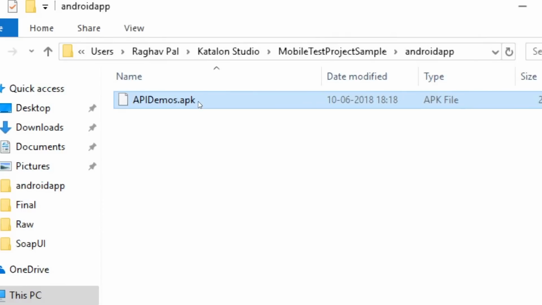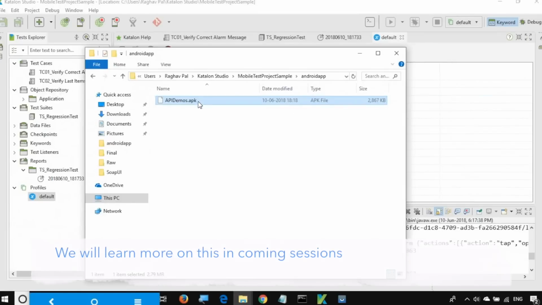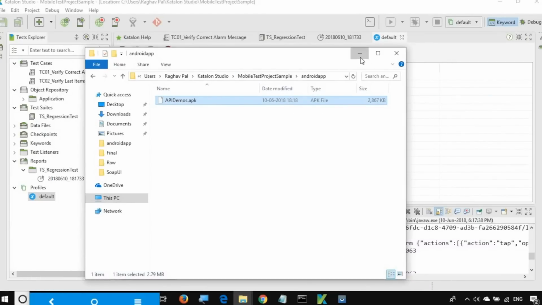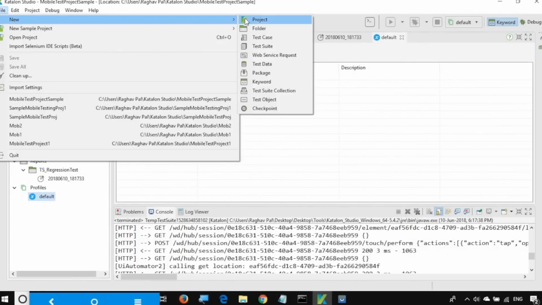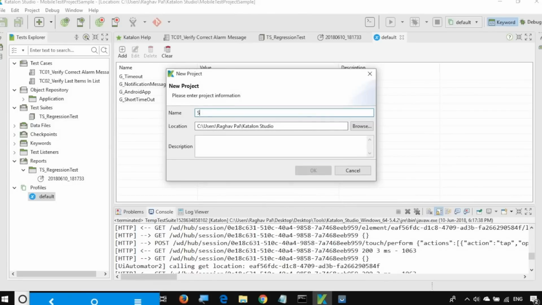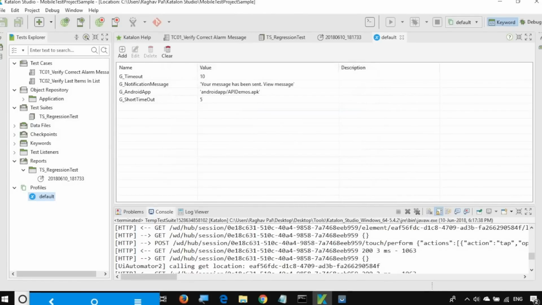So in mobile testing, whenever you want to test a native mobile application, you have to get an APK file and give that to Appium. We can also check this by creating a new project. So let me create a new project now and name it sample mobile test 2. Say OK,